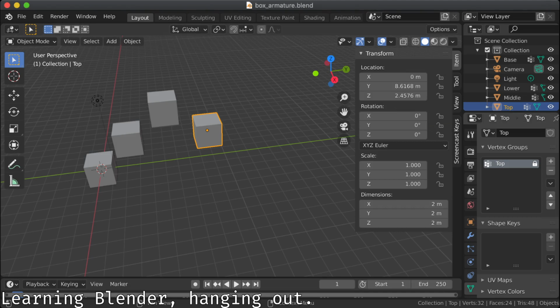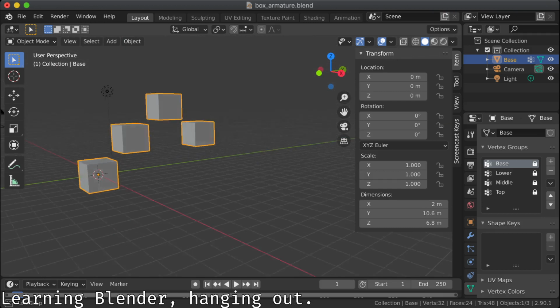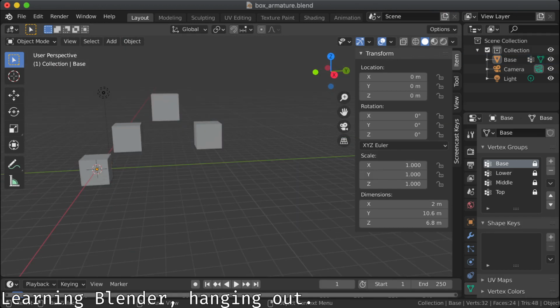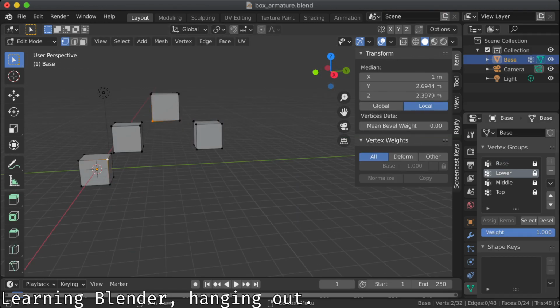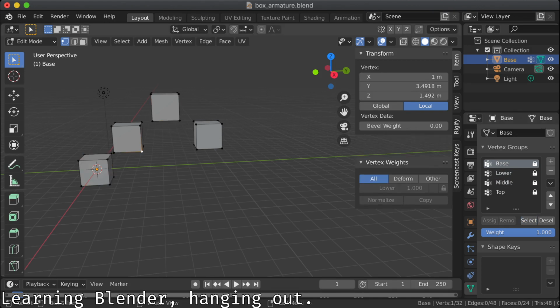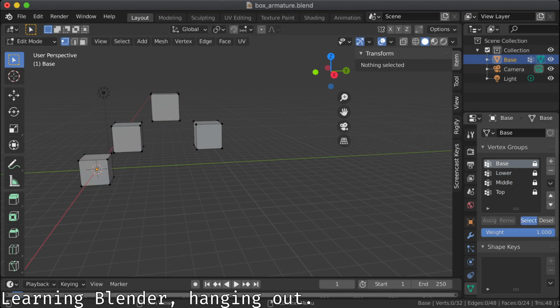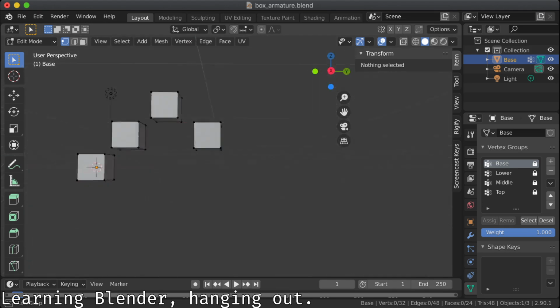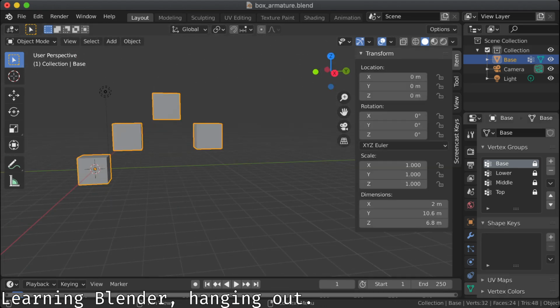Give that a save. Okay. Control J to join them all. Now we have everything in the same one. But if we come in here, now we have these different vertex groups. So we can hit that, we can hit select, and boom, it's got that. Okay, good. Neat. Okay, vertex groups are pretty cool. Now if we come onto the base here,